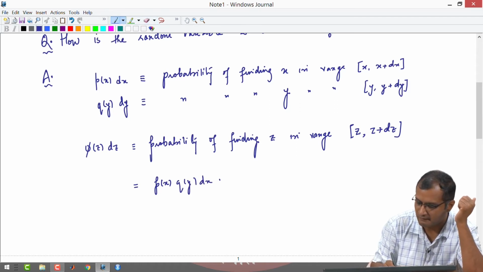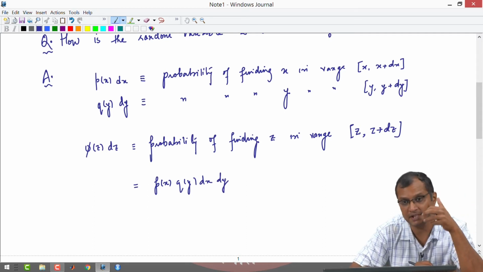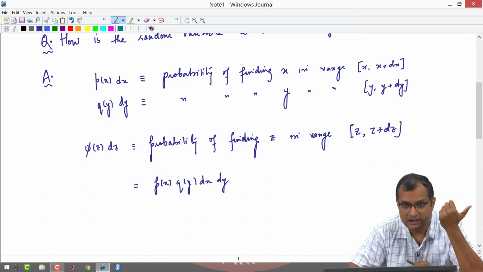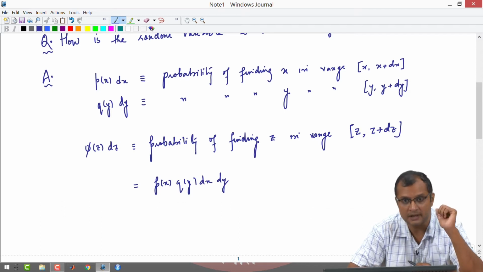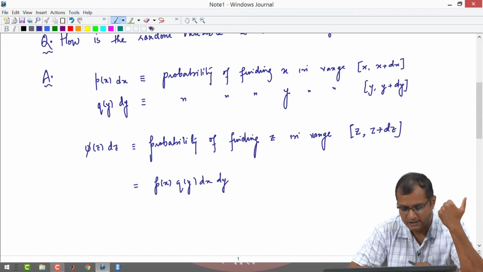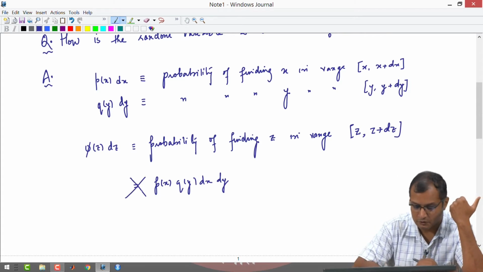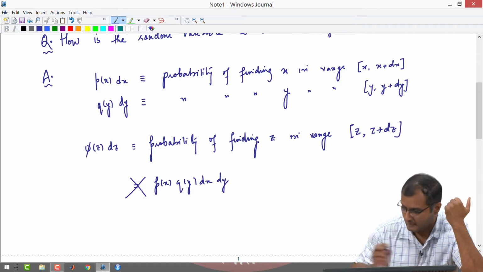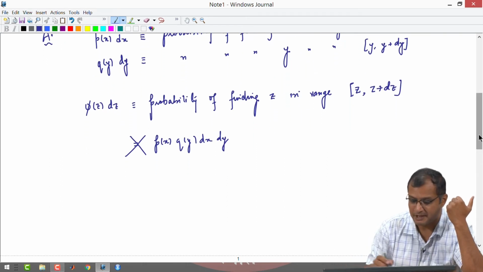into dx dy. You will be tempted to say that since p of x dx is the probability of getting x in the interval x to x plus dx, q of y dy is certainly the probability of getting y in the range y to y plus dy. So, phi of z dz, where z is the sum x plus y, is given as p of x dx into q of y dy. No, that is not true. This is not the probability of getting z in the neighborhood of z and z plus dz, for the simple reason that while this might be the probability of getting